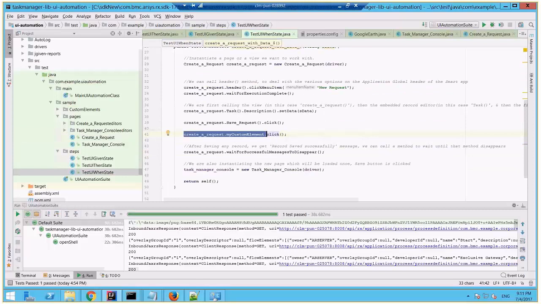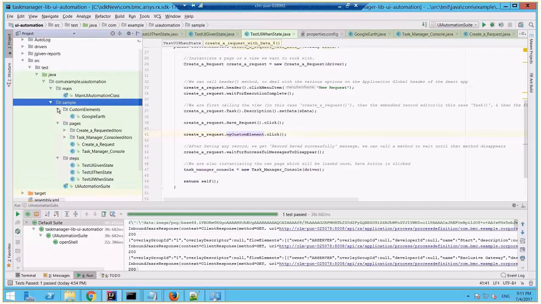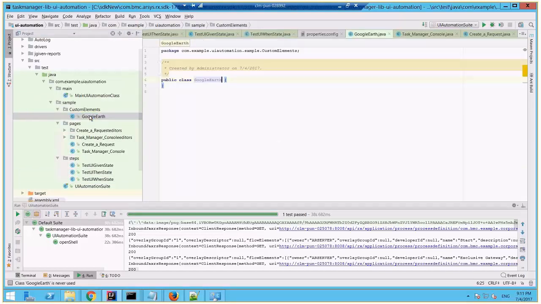If I'm having a custom element which cannot be interacted with using the existing Selenium web element interface, then I can create my own class as well, right? How do I do that? Again, same thing. Under the sample, you can add custom elements. Say I have Google Earth, so I created a class here, and I can